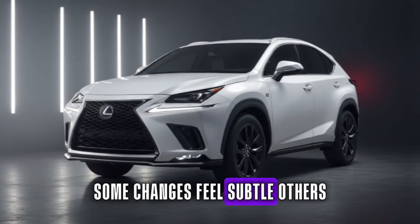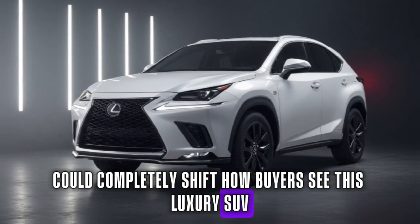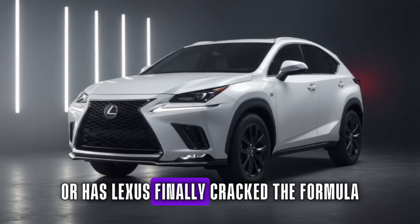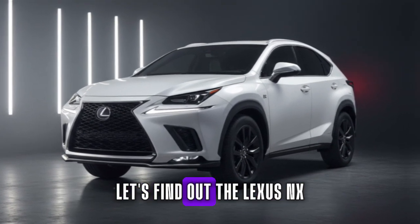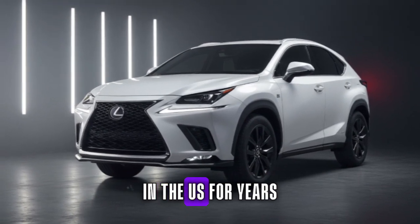Some changes feel subtle. Others could completely shift how buyers see this luxury SUV. So, are these updates just cosmetic tweaks, or has Lexus finally cracked the formula? Let's find out. The Lexus NX has been one of the brand's most important models in the US for years,